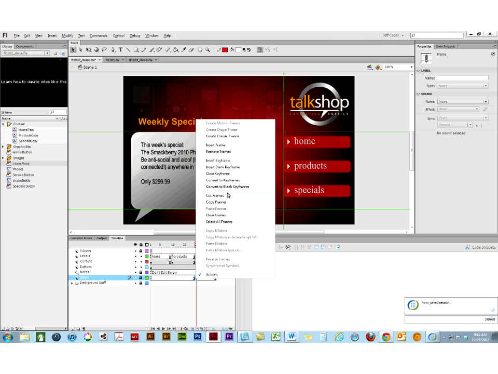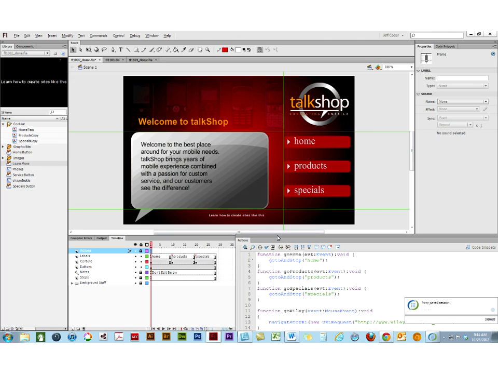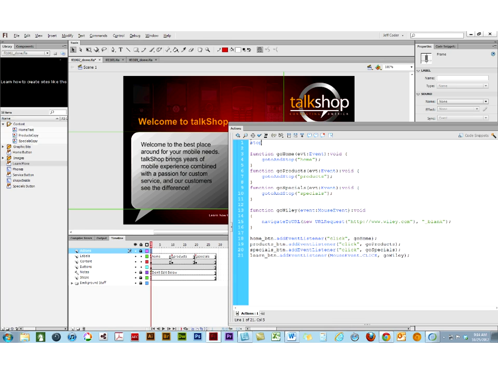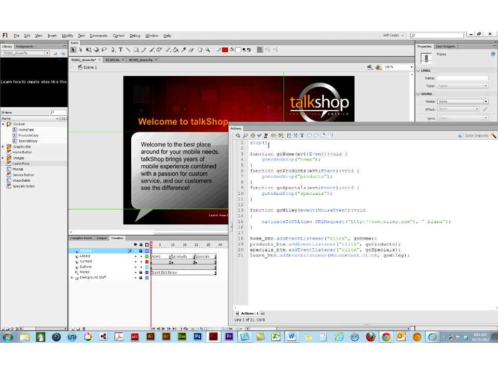And I'm going to remove this keyframe as well by choosing clear keyframe. And we see back at the very first frame, we could have put the stop action on this layer as well. So it is actually a very bad idea to have two layers with ActionScript on them. So I'm going to actually get rid of this layer altogether. So this is not going to change the functionality of this at all. We've got our actions layer, and we see that,